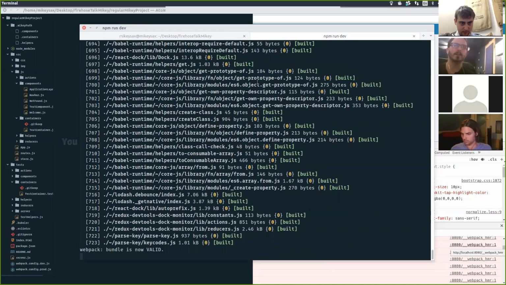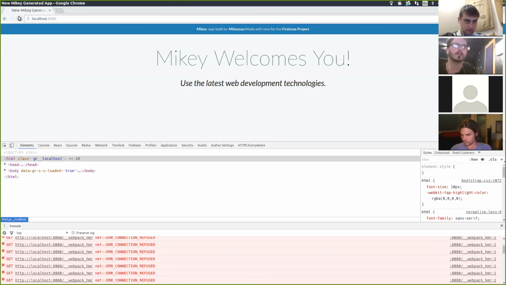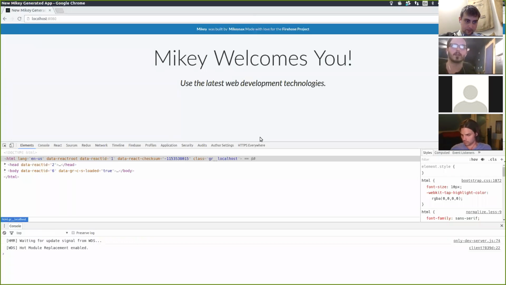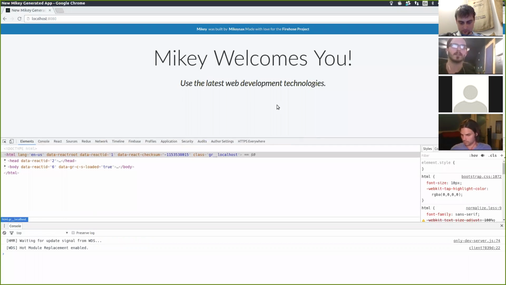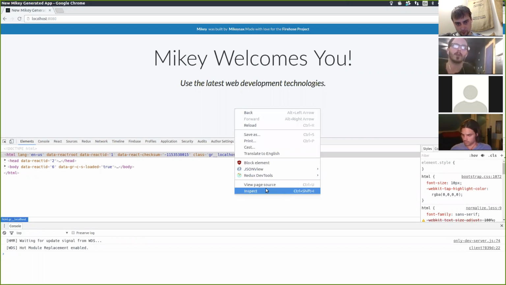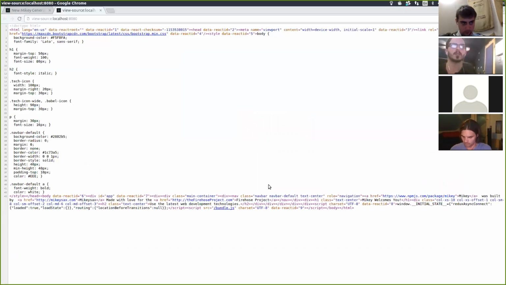So this is Webpack. It bundles everything. Basically, what that means is it outputs one JavaScript file onto your index page, the main page. So it looks the same because I've made each template very similar to each other. So that's another nice thing, is that you have the same file structure between each template, whether that be regular, universal, or Electron. But if we look at view page source,